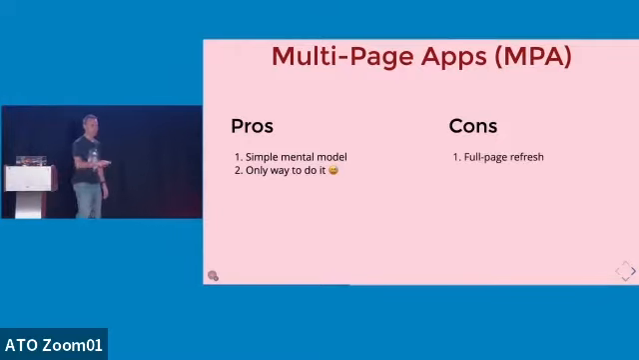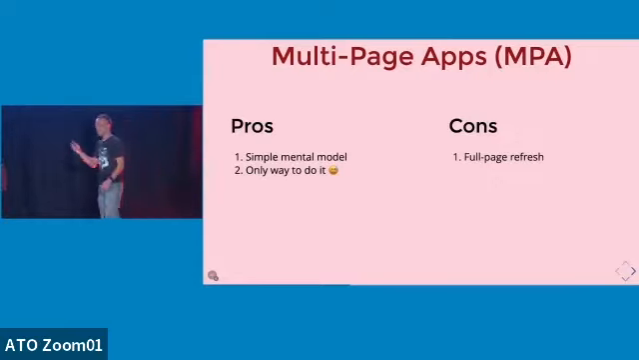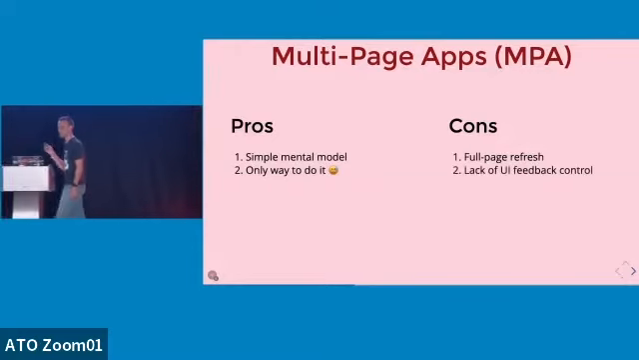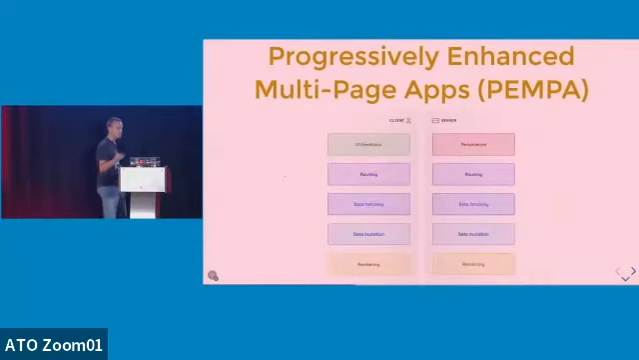Full page refresh was not cool. Can you imagine if every time you favorited or liked a tweet, you got a full page refresh? No thanks. I don't want that. Nobody wanted that. It was not good. And we also didn't have as much control over the UI feedback. So for this reason, progressive enhancement showed up at around 2003,